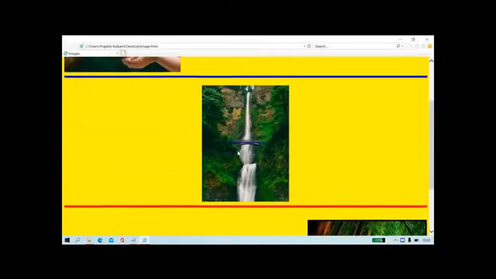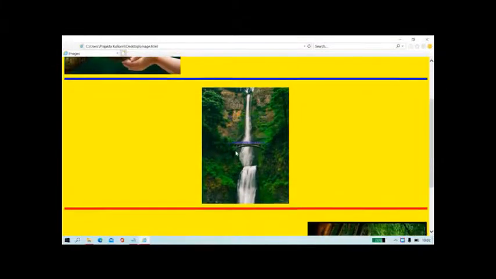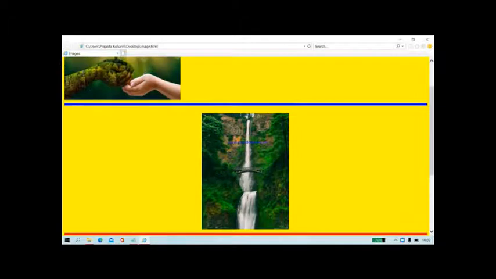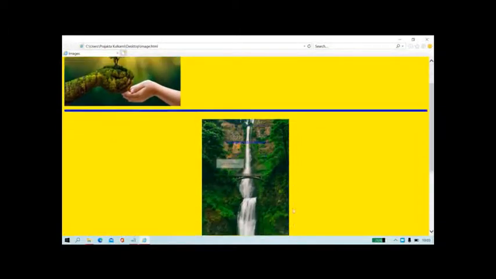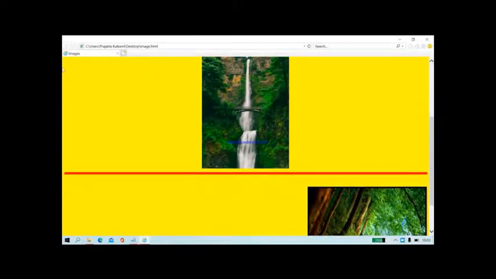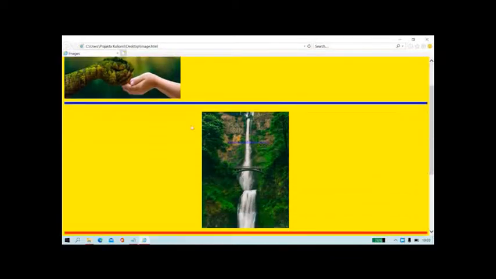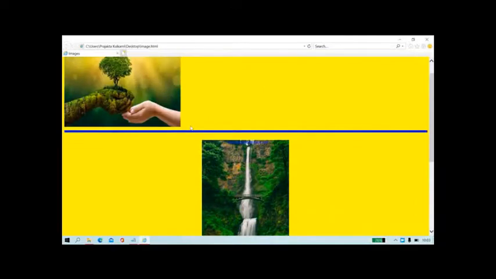So now see, these are the horizontal lines. Horizontal lines you can insert horizontally only. Okay, so these are the horizontal lines. How they are inserted we have seen. This is the title. As I move on the image, I will get the description as nature image. Here nature, and here also I will get nature. So this is how to insert the image and how to insert the horizontal line tutorial.